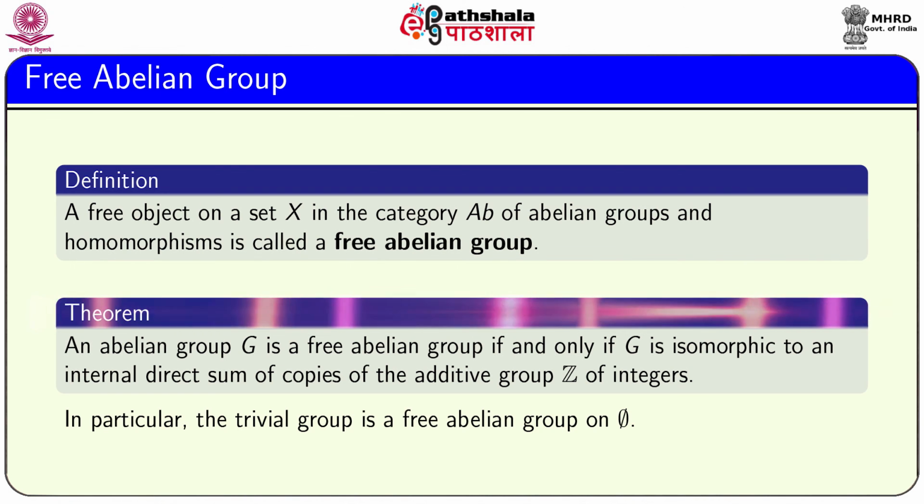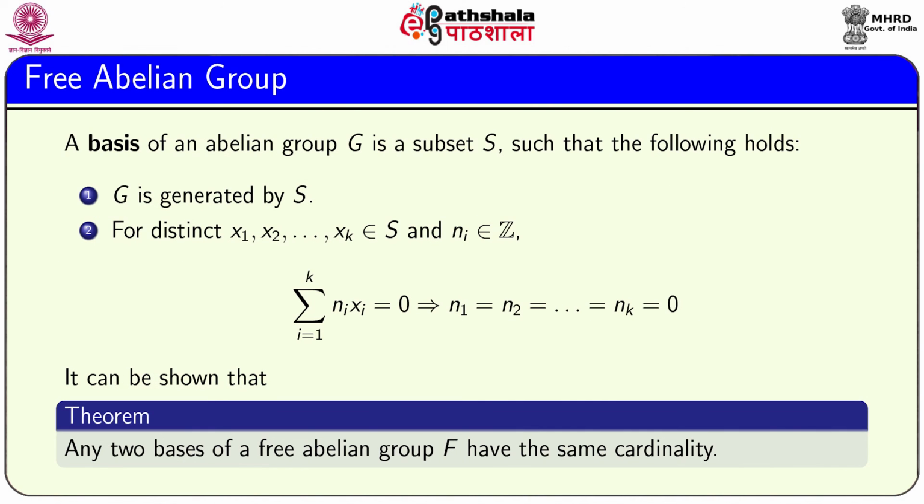It can be shown that an abelian group G is a free abelian group if and only if G is isomorphic to an internal direct sum of copies of the additive group Z of integers. In particular, the trivial group is a free abelian group on the empty set, and we define something called a basis of an abelian group G as a subset S of G such that the following conditions hold: